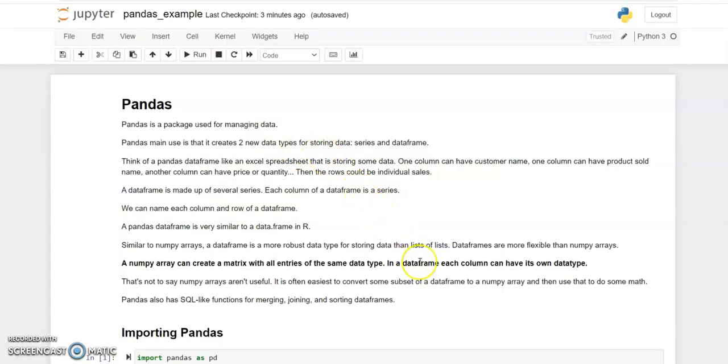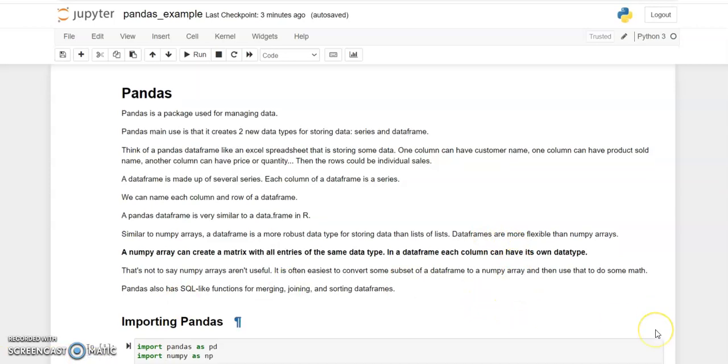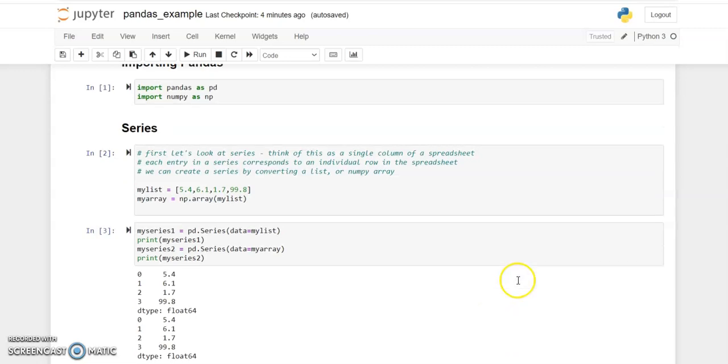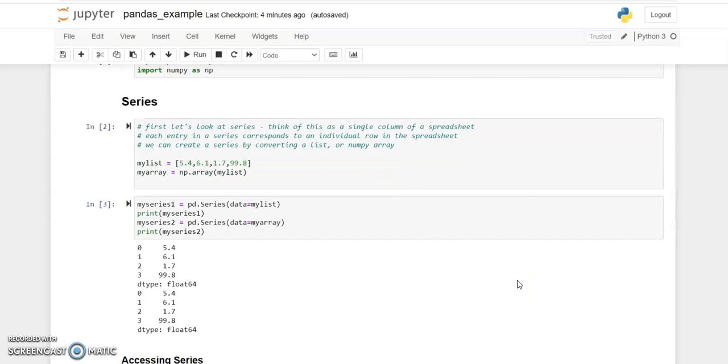So here you can see in this notebook, I'm showing what all operations you can perform using the Pandas package. Firstly, I am importing the Pandas package, import pandas as pd. Here I'm creating an alias for Pandas, and everywhere I will be using pd. First I will talk about the very first data structure in Pandas, which is Series. A Series is nothing but a one-dimensional array.